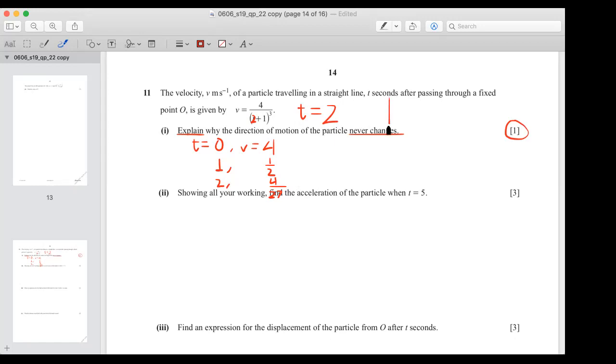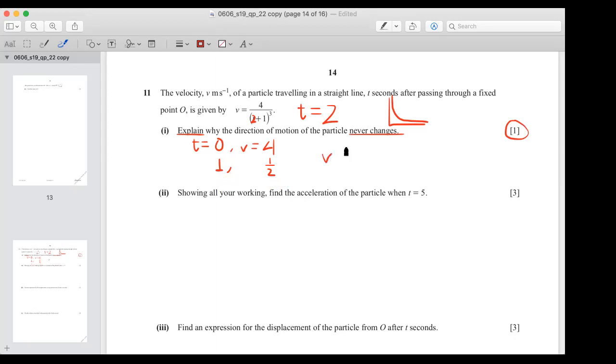If this was a graph, let me draw a graph, it will be something like this. It's not reaching 0, so let me fix that. It is always decreasing, yes, but it never touches 0. So since it always stays positive, why does the direction of the motion of the particle never change? That is because, let me delete this because I don't really like numbers on the question,